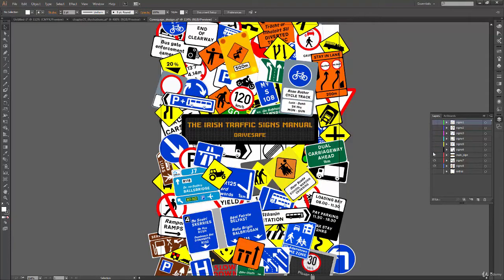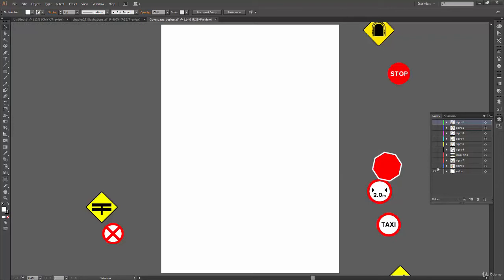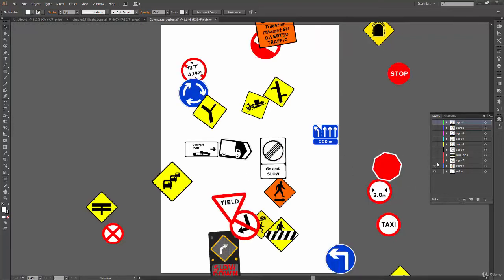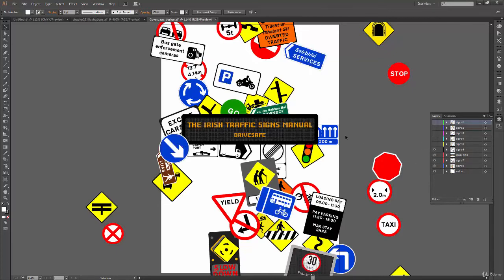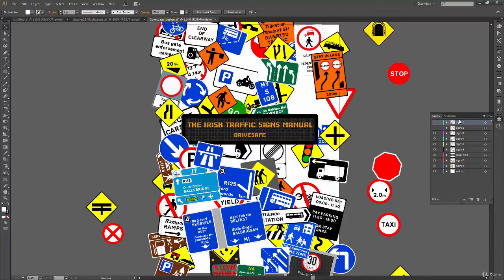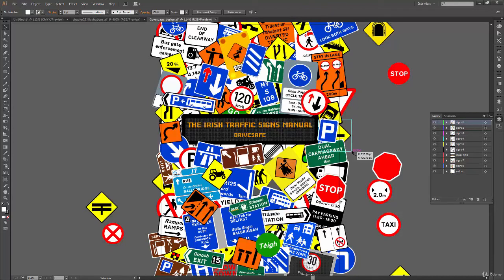So I have this many layers in here, and this is the first layer, and then I put some more signs above it, and then some more signs, and then some more, and then I put the heading over here, and above it some more signs, and I kept putting signs one above another, and there I have my final design. So since now you know the underlying structure of the project, and how I arranged everything, let us see the implementation of layers in this.